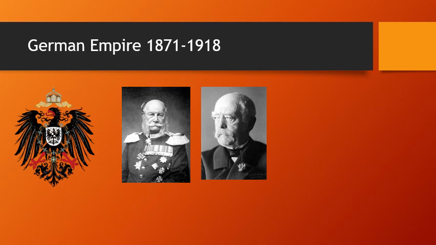In 1871, another player which was already there in the shape of Prussia became more organized and became one of the most significant industrial, military, and economic hubs for Europe, and that was through the unification of Germany. The German Empire came into being, which remained till the end of the First World War, and Kaiser Wilhelm I was declared the king of the new empire till his abdication in 1888.